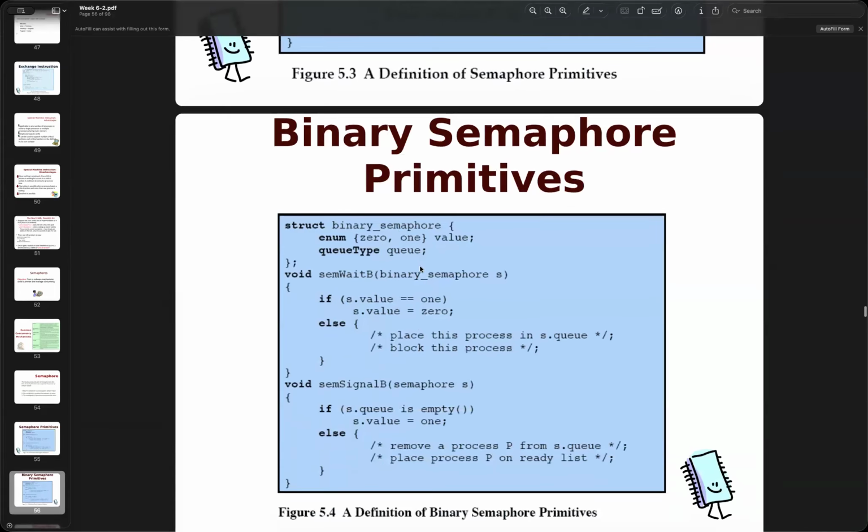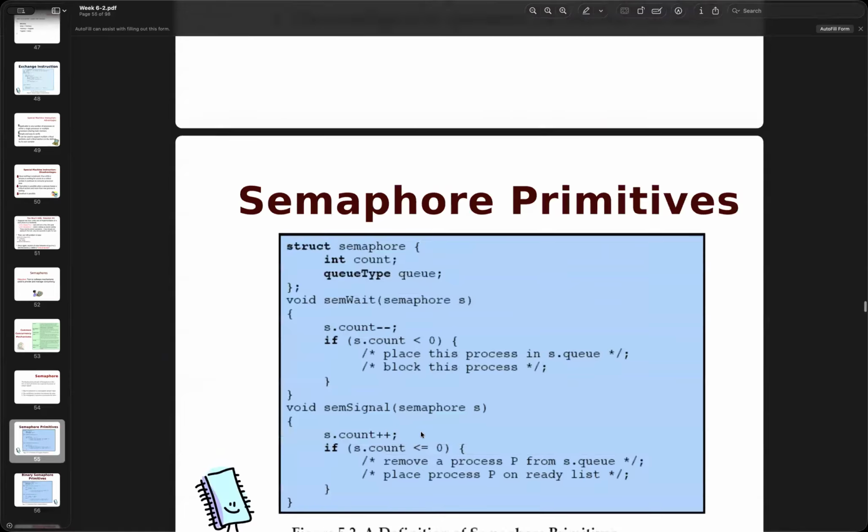When we pass the binary semaphore and check, if it equals 0, we flip it to 1, then we change it to 0, and then we add the process to the queue. If the queue is empty, then we put it as a 1. If not empty, then we remove a process from the queue and put it on the ready list. So here's the structure.